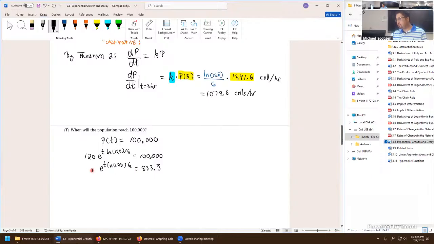Now, at this stage, we can take the natural log of both sides. Natural log e power t times 1 natural log 125, got a division there, divide by 6, equals natural log 833.3 repeating. We did that because of that cancellation there. And now we just get t times natural log 125 over 6 equals natural log